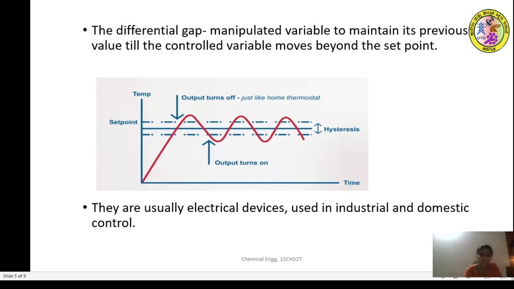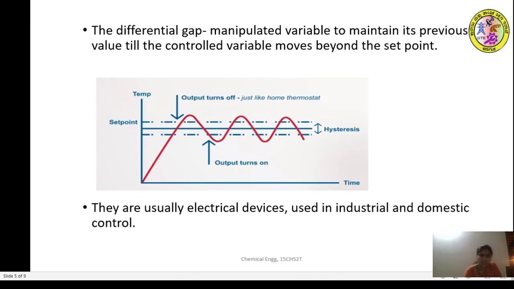You can see here the set point, with the maximum value and the minimum value. If the output value is beyond the set point, it is a maximum value and the output turns off. The system will turn off.